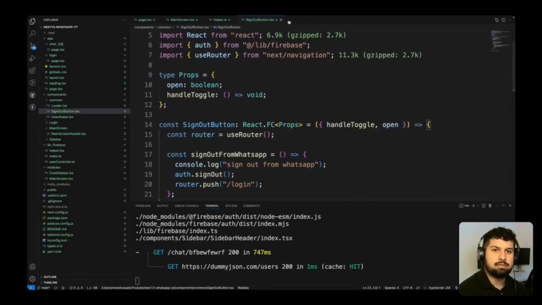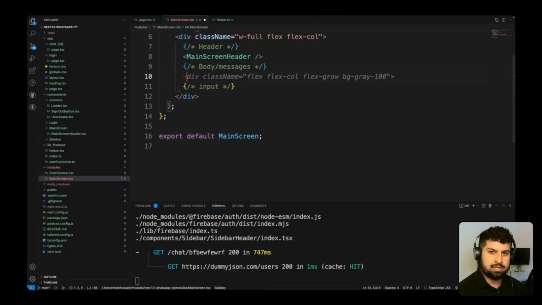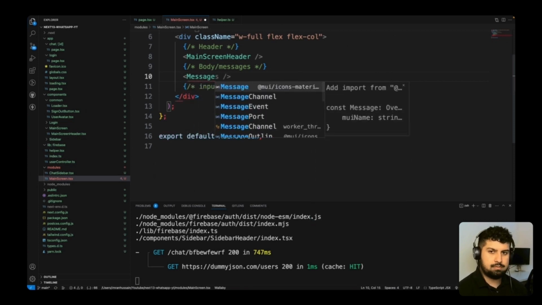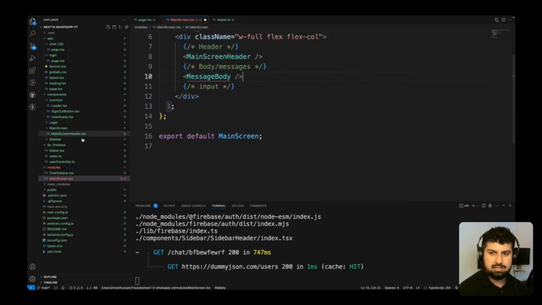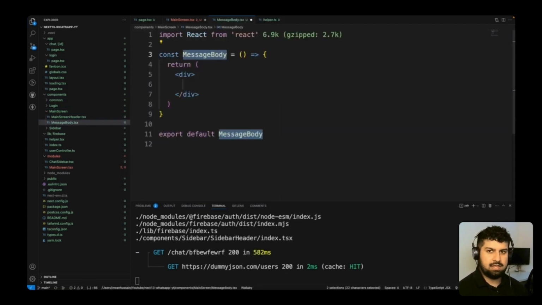Okay, so now we've done the header, we now need to do the body of the messages. So this component is going to be called message body. Essentially, it will contain all of the messages. So we now need to create this body in the component section. So in main screen, new file, message body.tsx, and this is RAFCE of message body, which is essentially again a